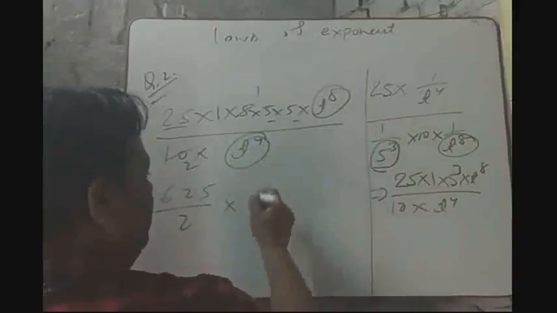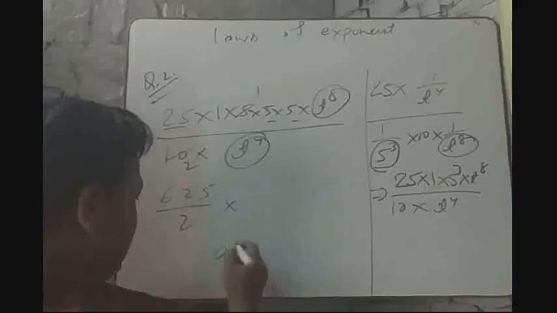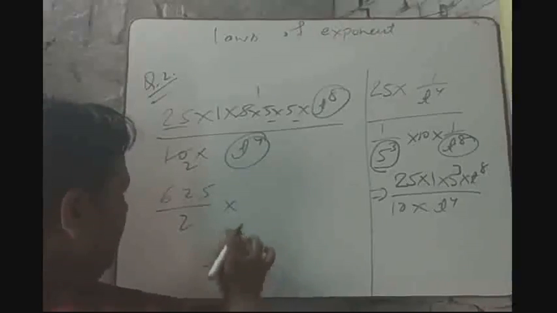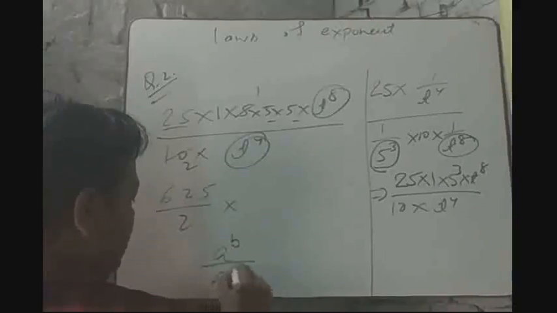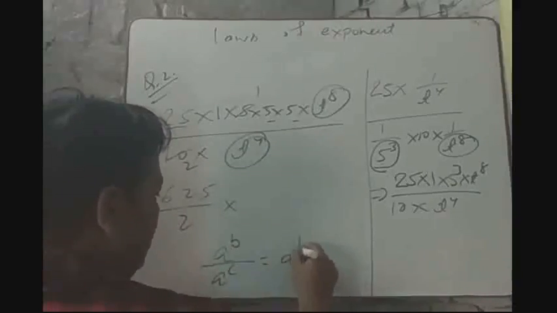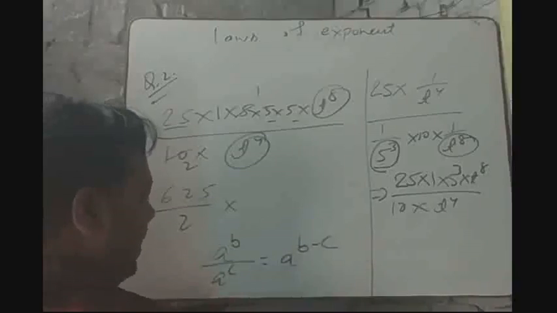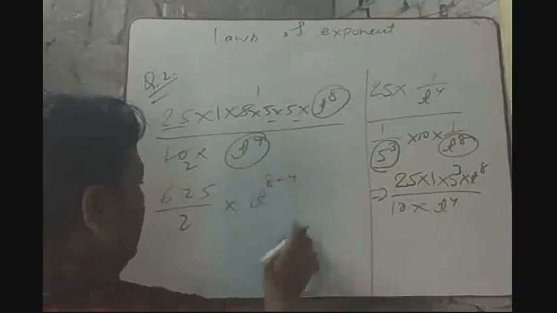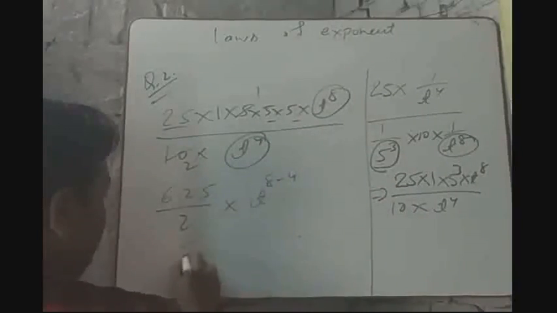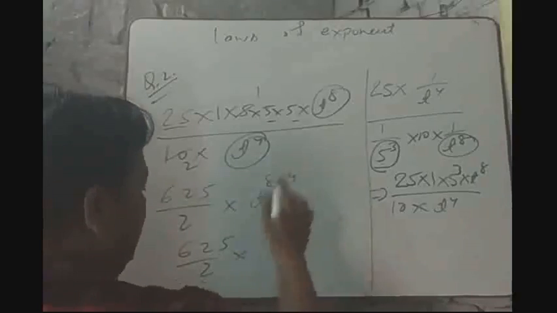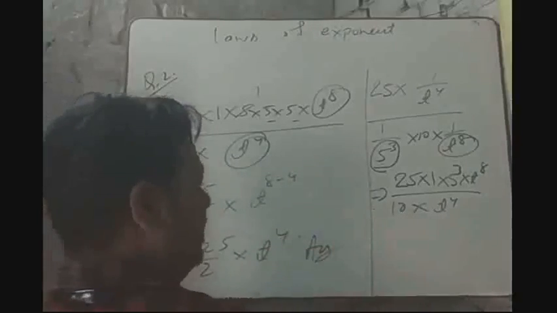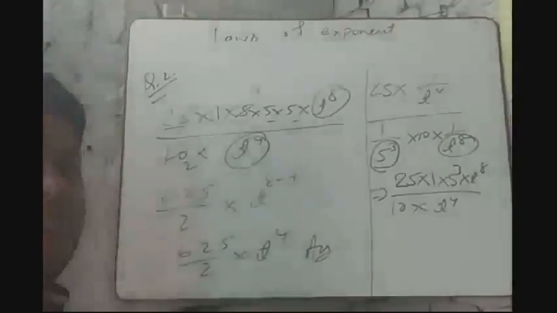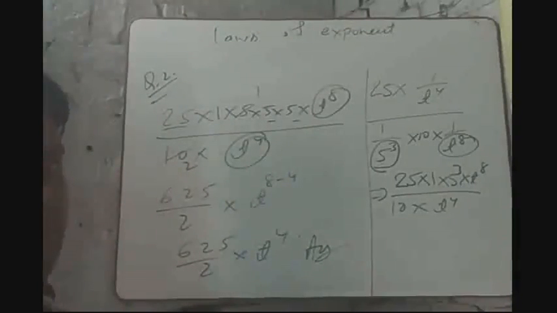4. It has divisional form, so we have studied that if the power has a to the power b and a to the power c, then a to the power b minus c, we will subtract. That is, we will use the same law. That is t to the power 8 minus 4. So 625 by 2 only, and here it will be 2 to the power 4. So this will be our answer. Like this we can apply the laws of exponent to solve any question. I hope you all will understood. At first note it down.